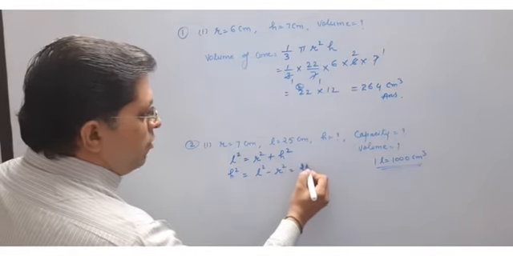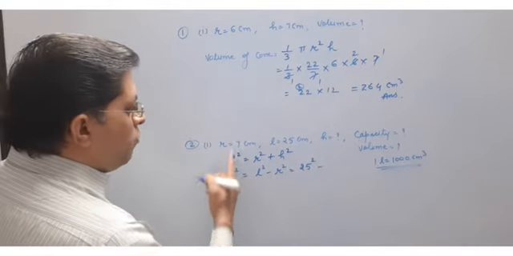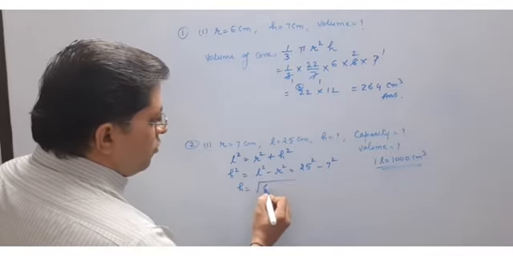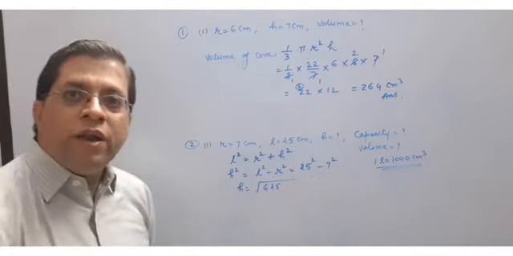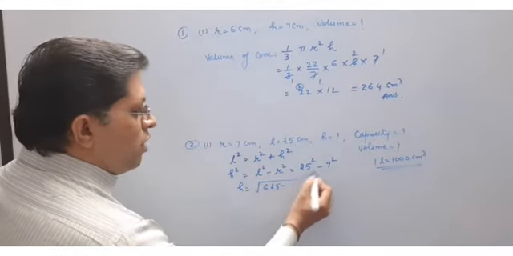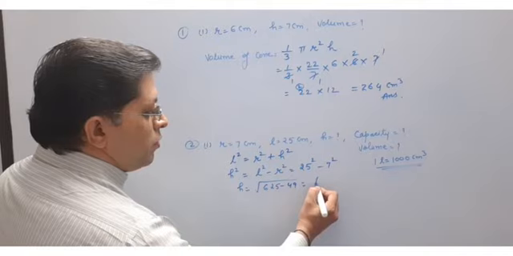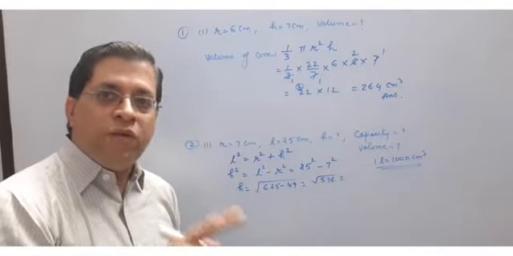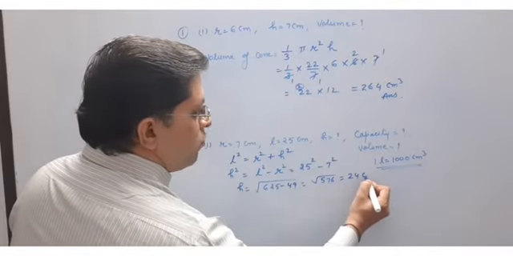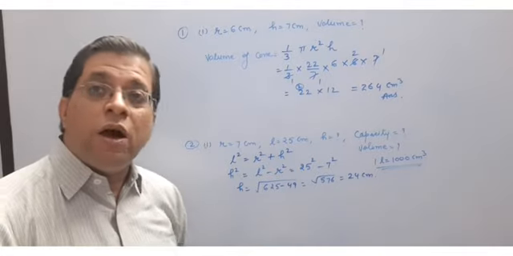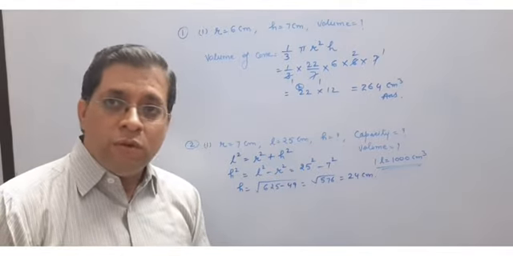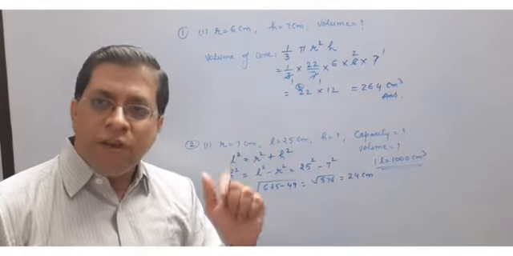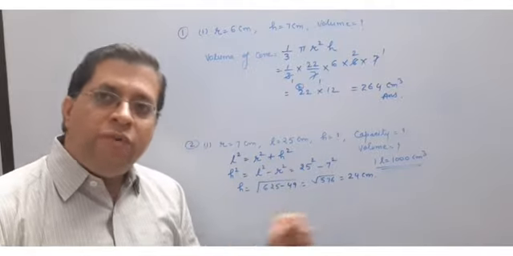L is what? 25, so 25 square. R is what? 7, then 7 square. Then what will be H? Under root, this is 625. 25 square is your 625, and 7 square is 49. This is your 576, and the square root of 576 is 24 centimeter. Now the question is how to get it? Sir, that you have to learn. No matter. We can easily take it out. You have done it in class 8th also. Okay. Again we are doing it here.